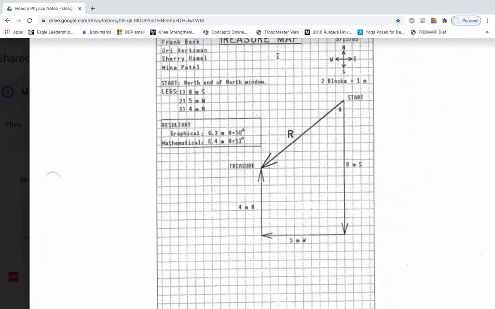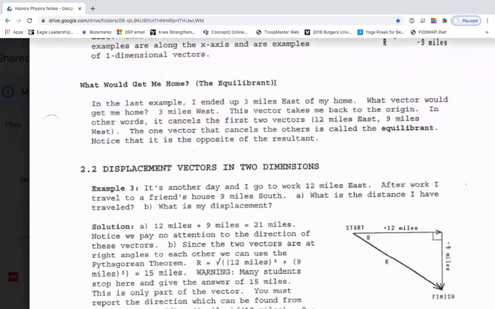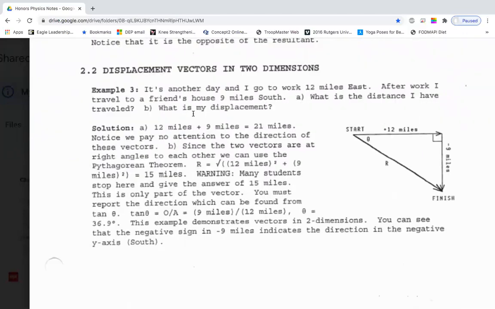Now there's something called the equilibrant. Let's go back to the treasure map. You're starting here at the origin, and that's what we call the resultant, the one vector that replaces the others. The equilibrant is the one vector that cancels these other vectors. So if we go down, over, and up, the equilibrant takes you from the finish to the start. The equilibrant has the same magnitude, but the opposite direction. All right, as you can see, here's another example for you to work out,